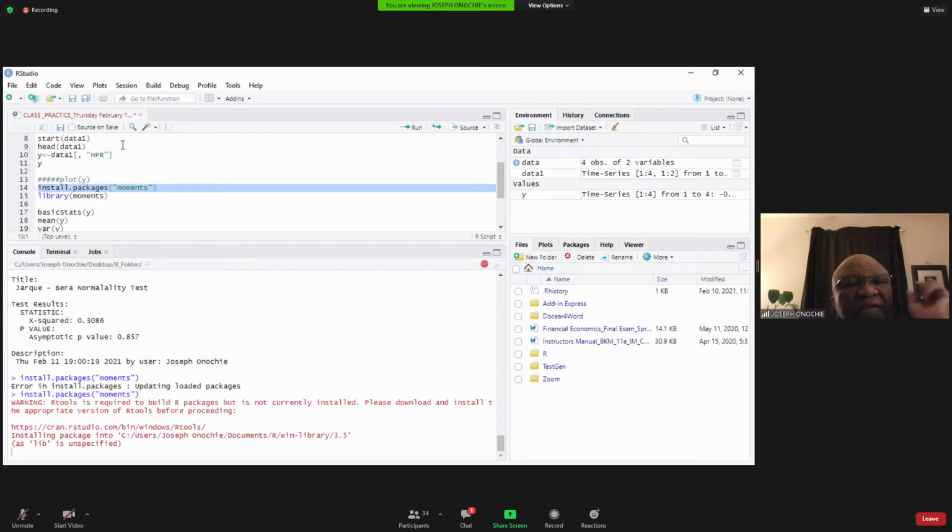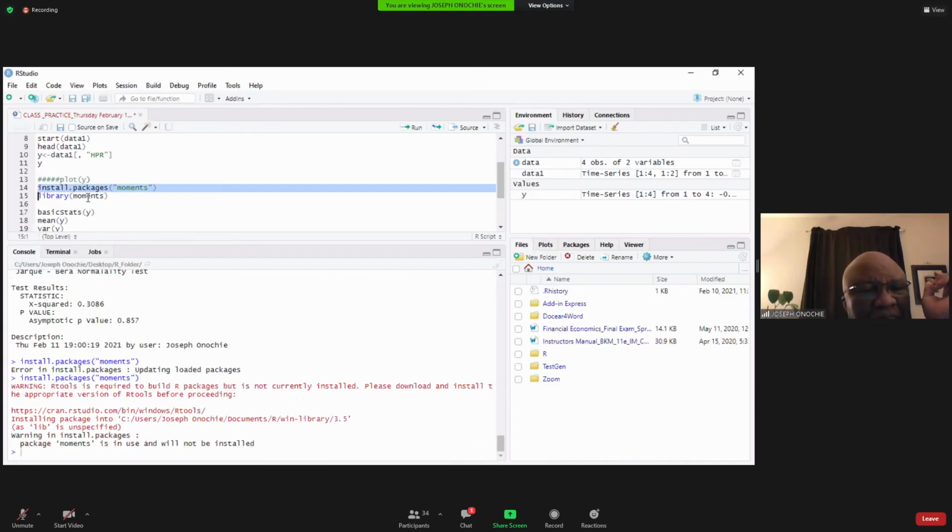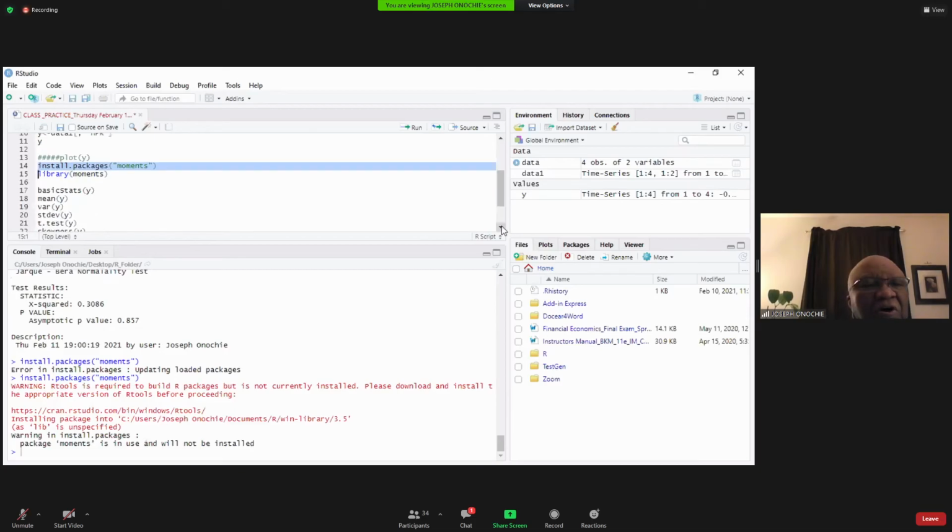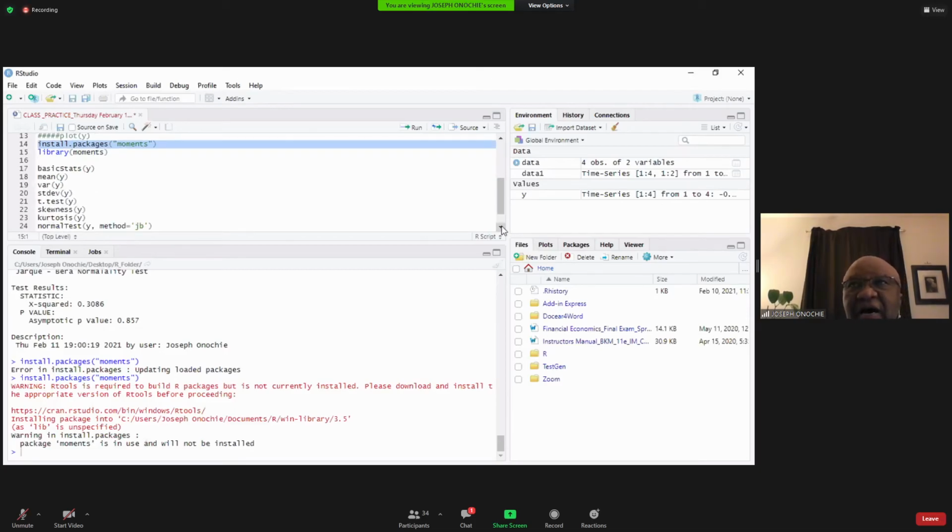So when you finish working with fBasics, go ahead and install the package moments and use library(moments). Oh, it seems to have worked. Package moments is in use and will not be installed. Okay, it already tells me that I have already installed it. That's okay. All right. Okay. For package moments,